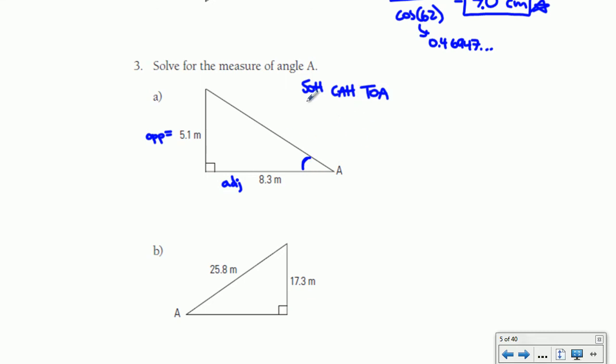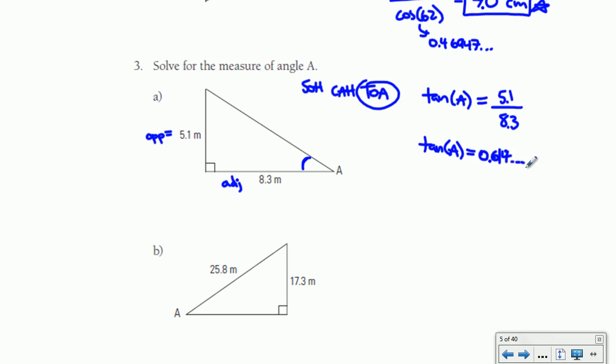So which one mentions opposite and adjacent? It's going to be tan again. So tan of the angle A is opposite over adjacent, so 5.1 divided by 8.3. So tan of A equals, alright, so let's figure out what that is. 5.1 divided by 8.3 is